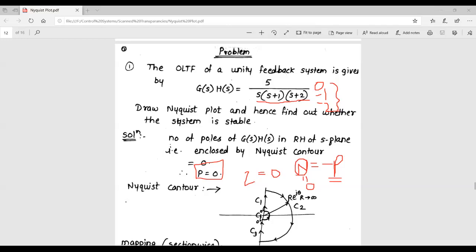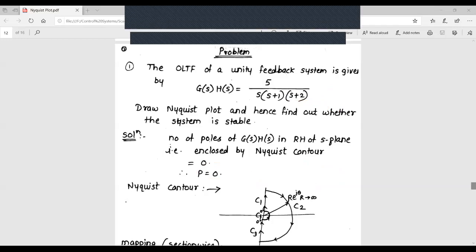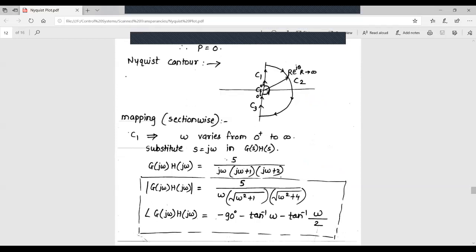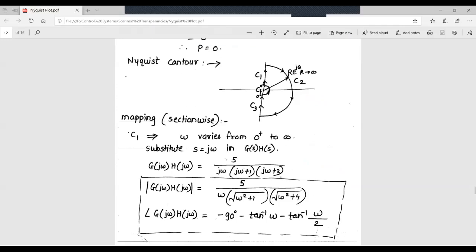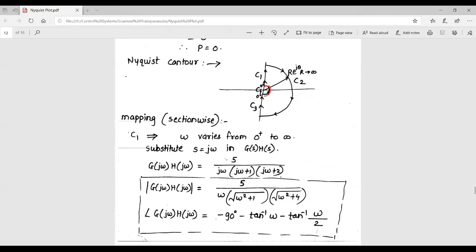Okay. So now the next step would be to decide upon the Nyquist contour. We know that the right hand side of the s-plane is assumed to be the Nyquist contour, and we need to skip the singularities. So this is the Nyquist contour in front of us. If you observe this Nyquist contour, it will skip the pole at origin, and so we have a smaller semicircle here by skipping the pole at origin, right? Then we have 4 sections that we have named.